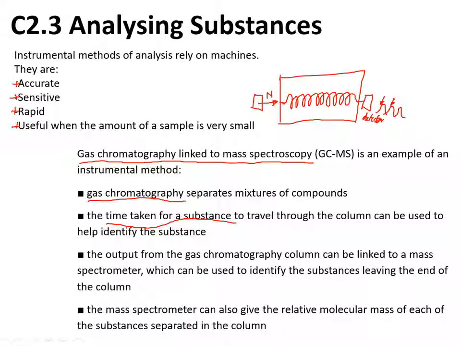Now this detector shows a series of peaks on a chromatogram, and each peak is a different substance passing through the detector and being detected. Now if you link this detector up to a mass spectrometer, which is quite a popular thing to do, then you can also find the relative molecular mass of each substance, which is obviously incredibly useful, because if you already know known relative molecular masses, you should be able to identify each of the substances if you